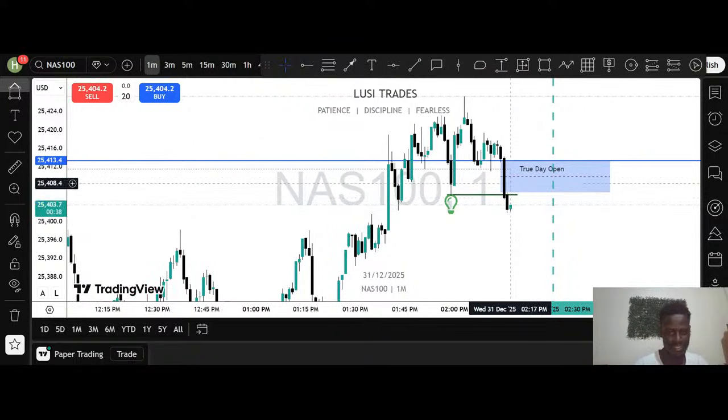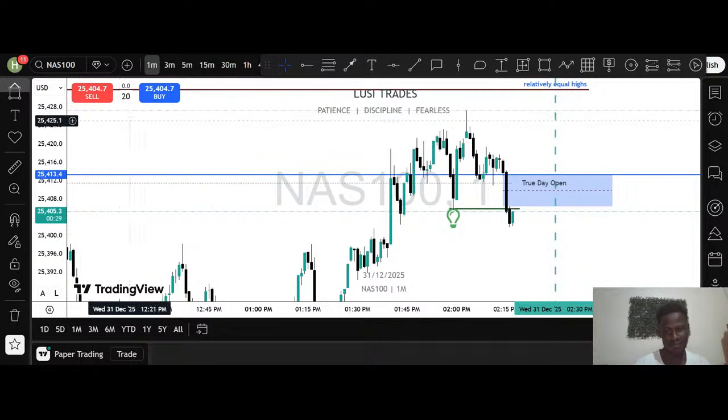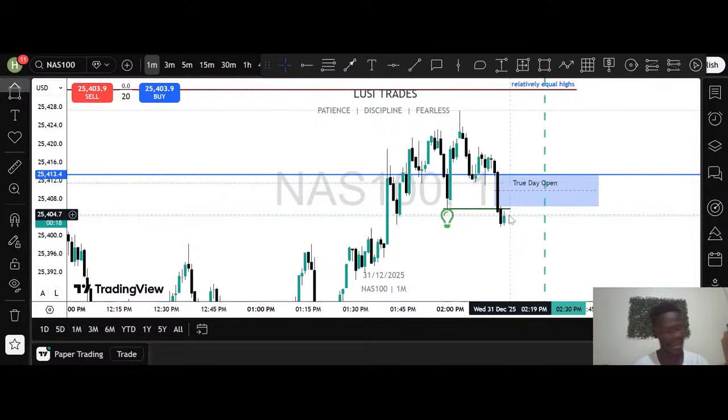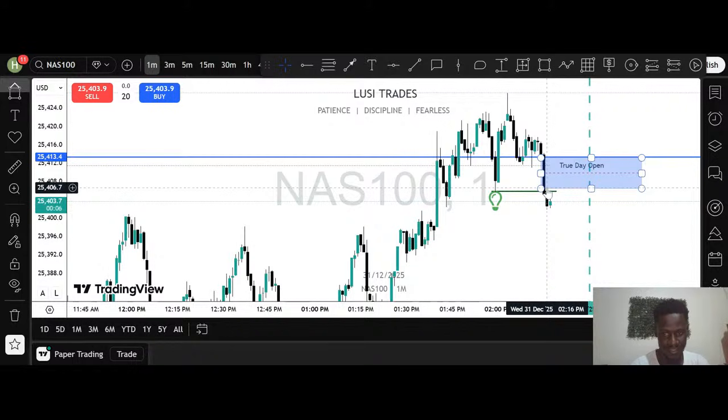So if it can trade back into this, I want to try going short. I'll try going short and see what it will give me, okay? 2022. Yeah, so I have to wait for it to give it to me. At times it might not give it to me, so it might just roll lower, but then I want to wait and see, can it give me the